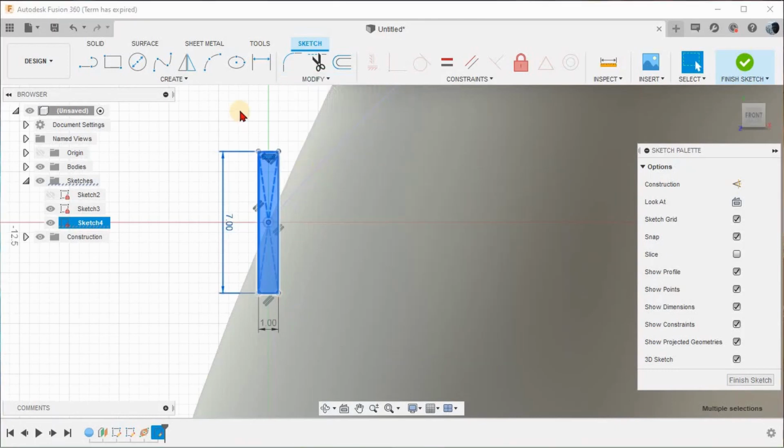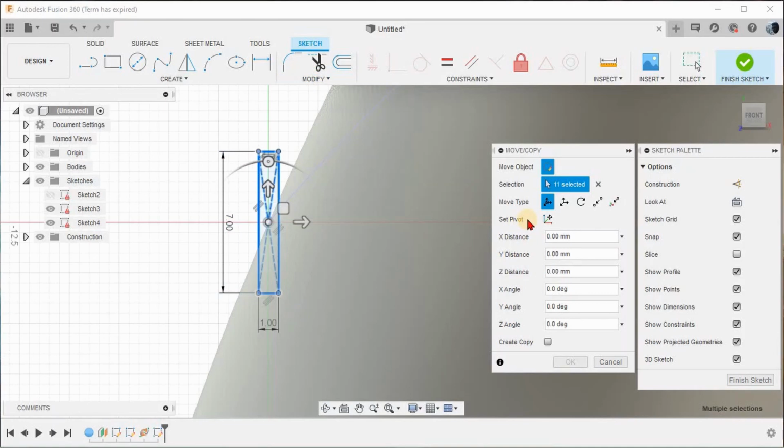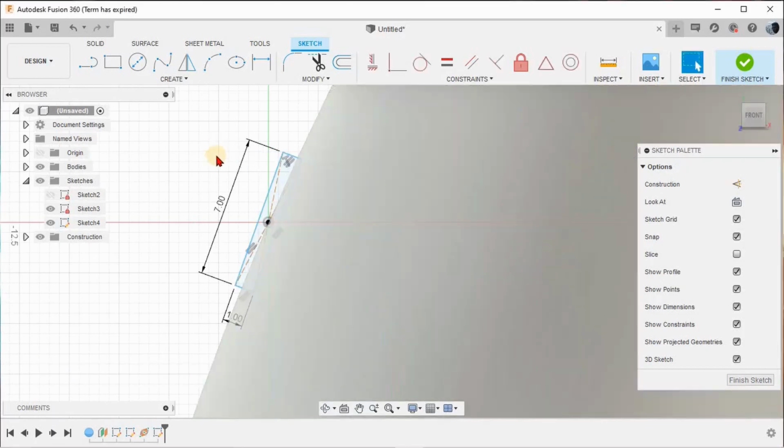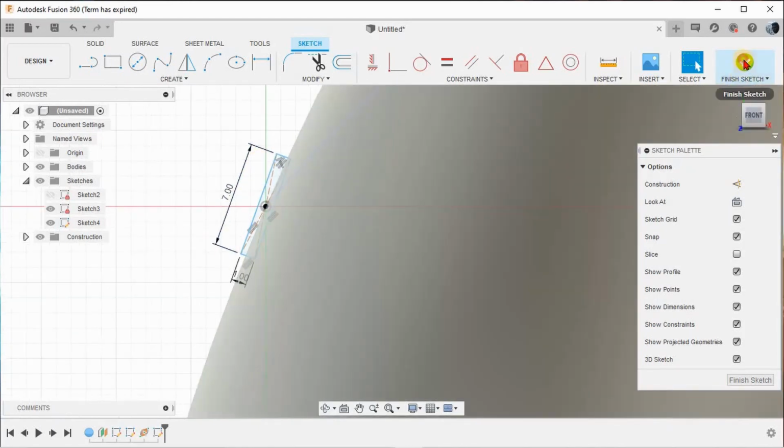You click that and you have to set a pivot. Okay, so I'll set the pivot as this center point. So with respect to that center point, you have to click here. Okay, so with respect to that center point you can just rotate it. So after you click here you have to give OK, done. So you have set the pivot. Now you have to rotate it. Okay, and as you can see you have to give -20 degree. Okay, -20 degree and give OK. Now the entire sketch has been tilted. Am I right? Now you have to give finish sketch.